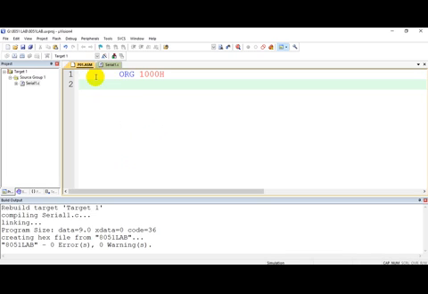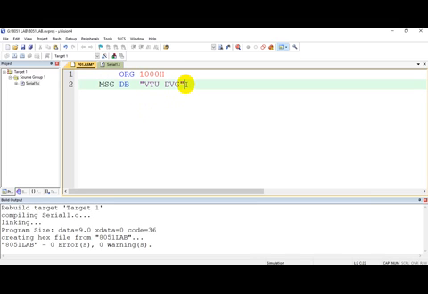You should give a name, message, then DB, then write the message. The message is VTU DVG in double quotes. Whenever you define a string, it should be in double quotes.